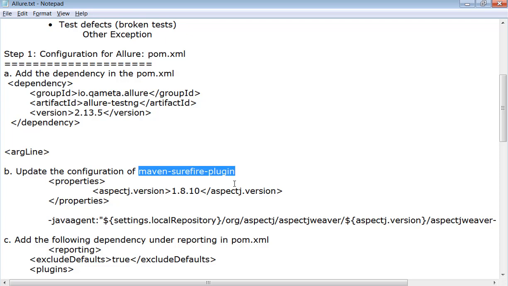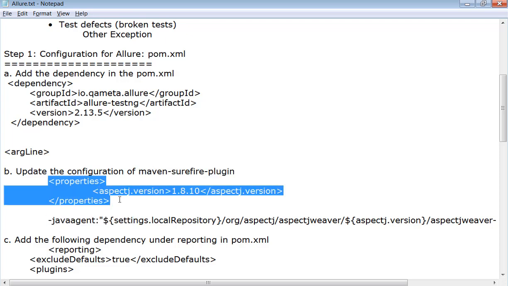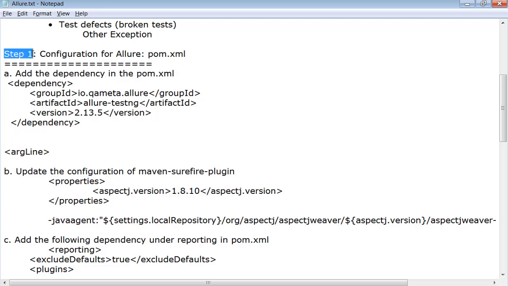In the pom.xml file, under this Maven Surefire plugin, we have to add this statement, and also we have to add the properties accordingly. This step 1 has 3 subsections: point A, point B, point C. So we are in point B of step 1.